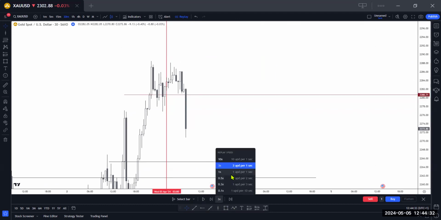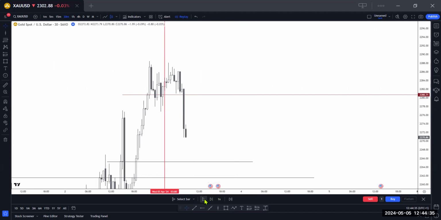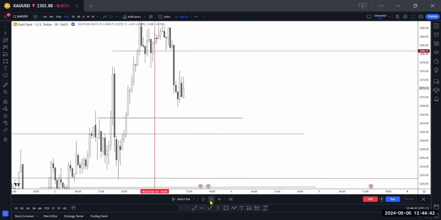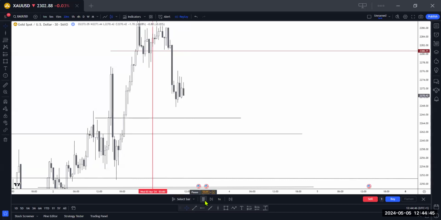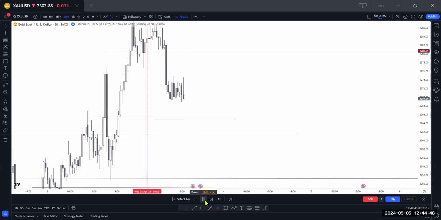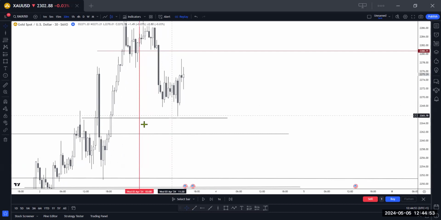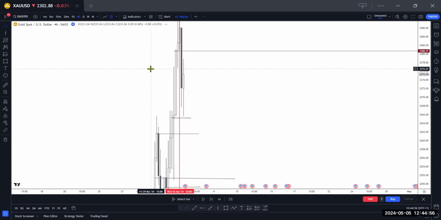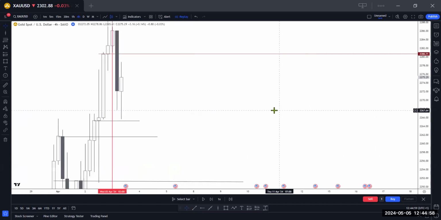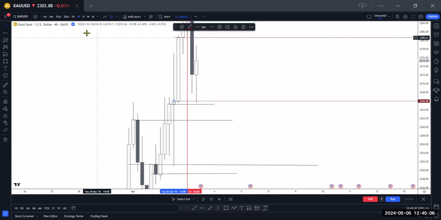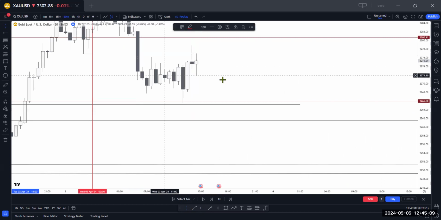I need to reduce this to one so that it will go faster. Keep watching. Oh, we're almost at our SNR level. Boom. Did we get to it? No. So let's go back to H4. On the H4, I failed to mark this gap level, right? You see what I'm talking about? I failed to mark the gap level. So on the H4 gap level,